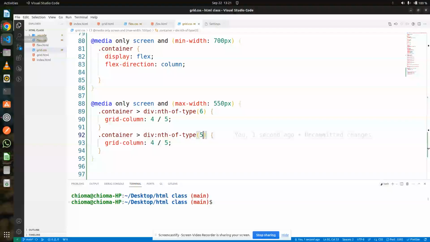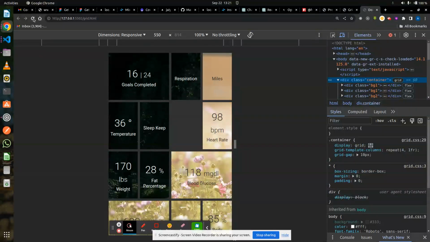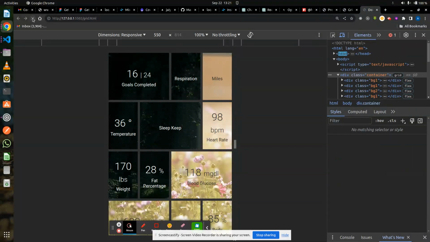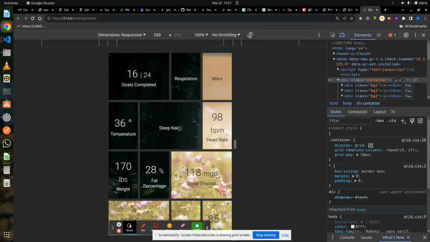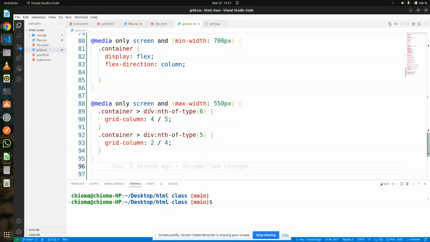So I'll use 2 over 4. I reload. So you see, this particular one has shifted at just this particular screen size,